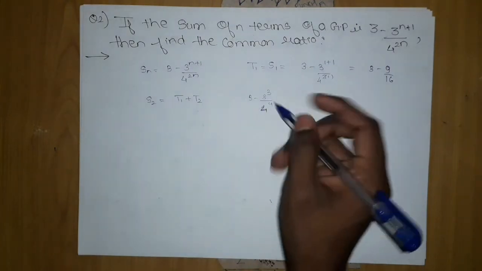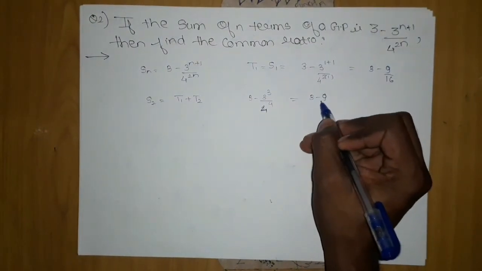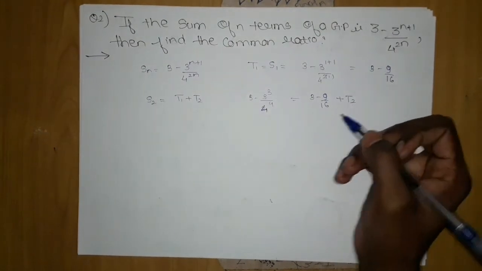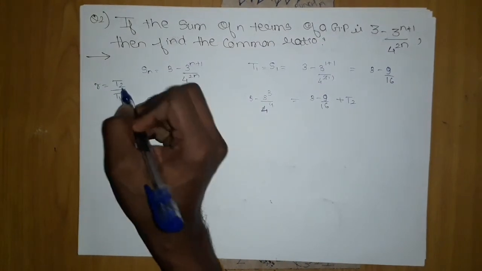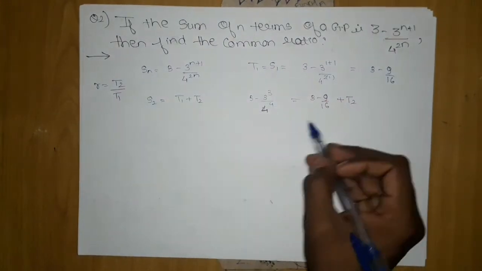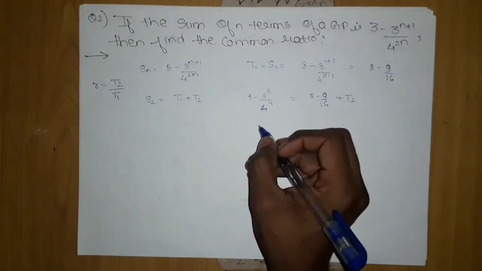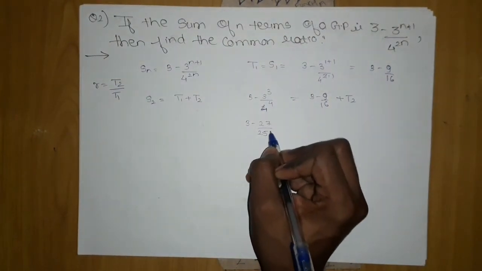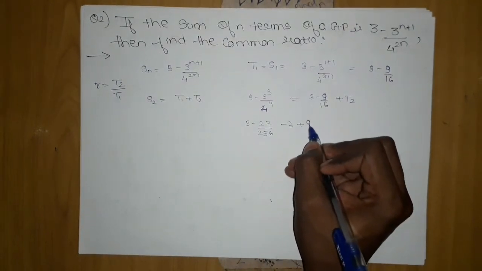So T1 we have as 3 minus 9 by 16, and T2 is what we need. Why do we need T2? Because r is nothing but T2 by T1. So if we know T2, we know T1. T1 we find like this, and T2 we find as the sum of two terms. So it will be 3 minus 27 by 256, minus (3 minus 9 by 16),